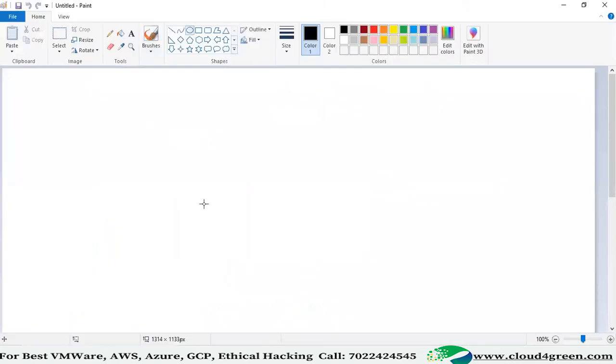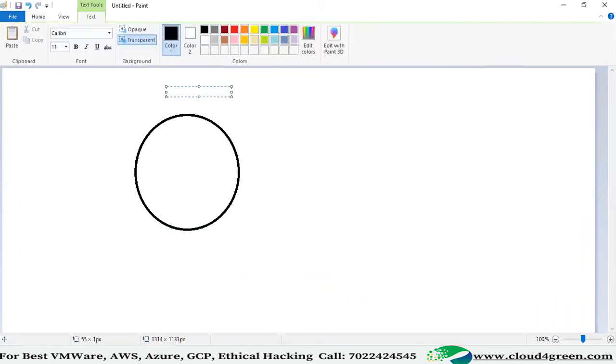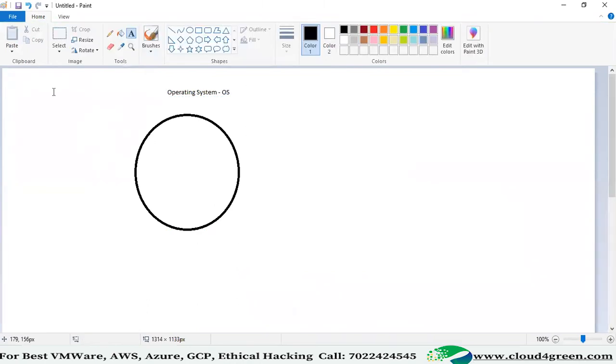See, if you have learned OS and all, no? Operating system or OS. Every OS is made up of 2 things. Innermost layer, let's keep it like this.